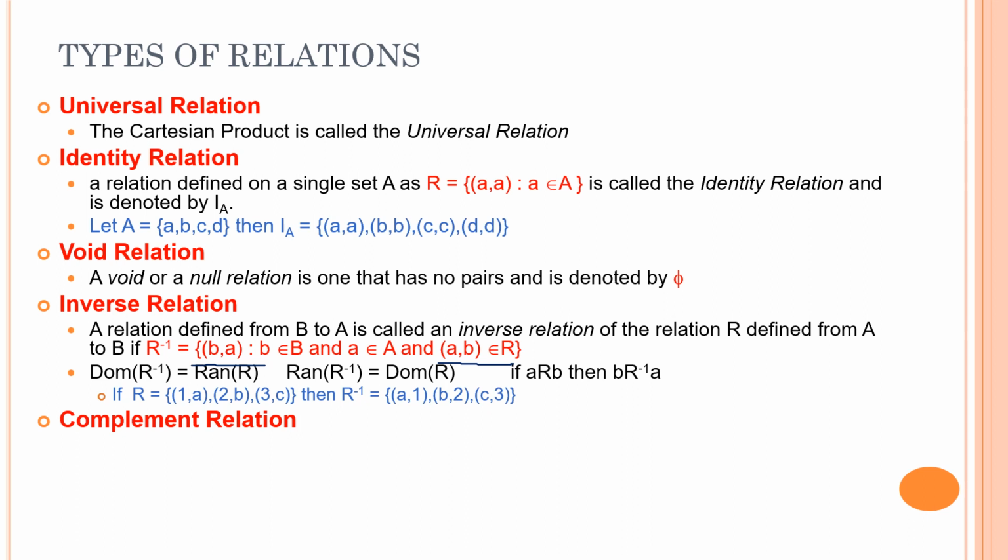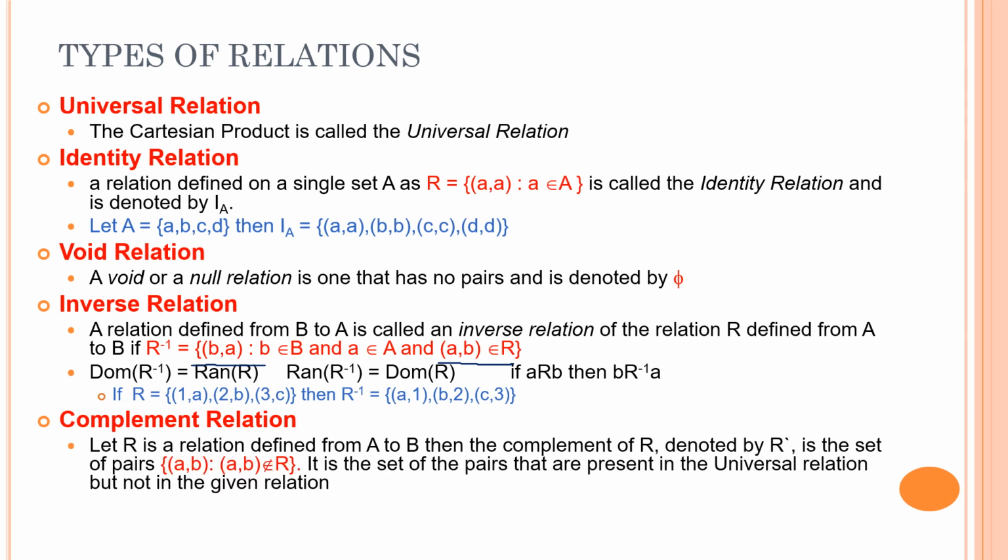Next, we have the complement relation. Again, let's map it to the set. What was complement of a set? Complement of a set was the elements which are not present in the set. Similarly, what is a complement relation? It is a set of all the pairs which are not present in the original relation. Now, how do we get it? In case of set, we found out the complement by universal set minus the given set. Similarly, here also we will find out the complement relation by the pairs which are present in the universal relation but not in the given relation.